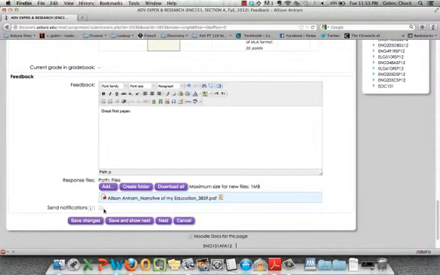And if I want to let her know that I've graded her paper, I can click send notifications, or I can leave that blank and just announce to the class that I have turned those in. And then I'm just going to click save changes. And that's all that there is to it. Now I'm not going to do that right. Well, let me go ahead and do that. I'll just have to explain to Allison this isn't really her graded paper right now. But if I save those changes,